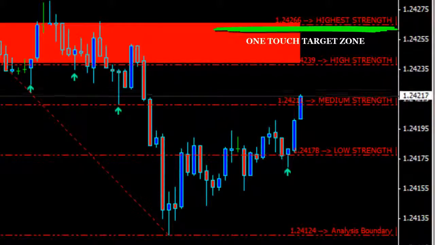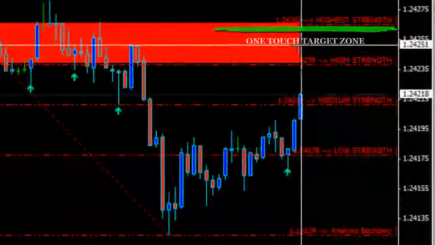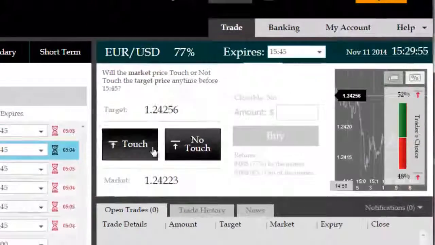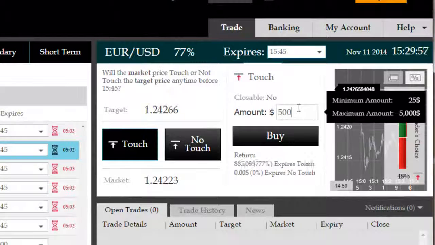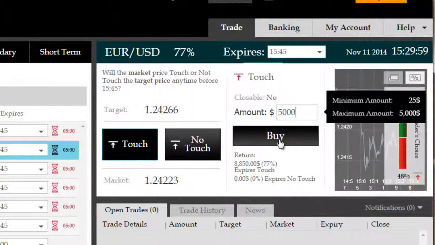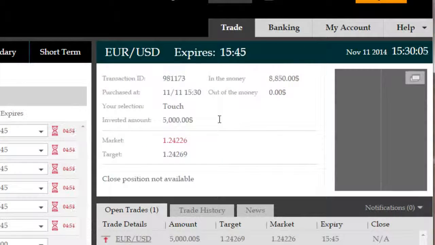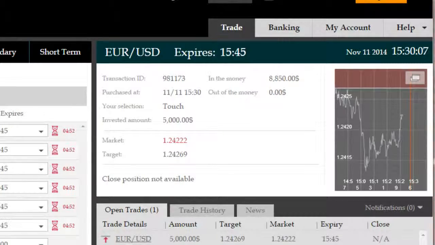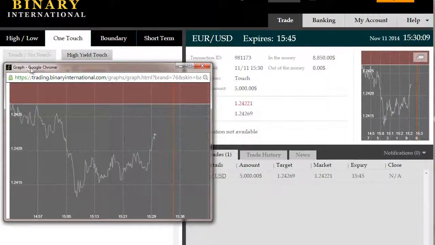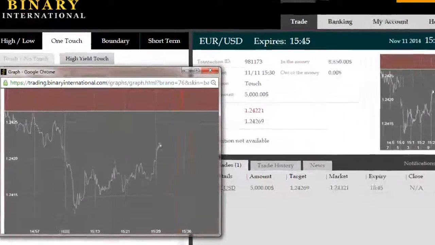Naturally, when this is happening, we've been given the signal to go forwards in the direction that price is currently trending, which is long. We can choose a north side target on the one touch option type to go for that target. Secondly, the target range 1.24266 is around the highest probability short reversal zone, inside it or just outside of it. So we're primed quite nicely here for a high probability one-touch target to the north side, given that Genesis Elite